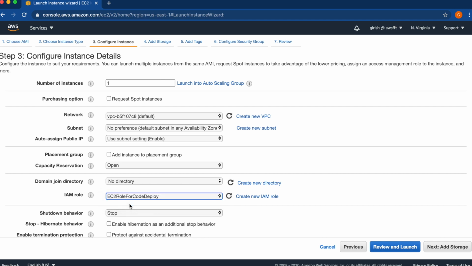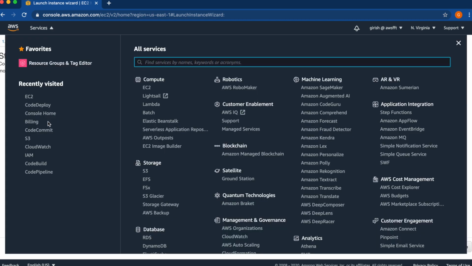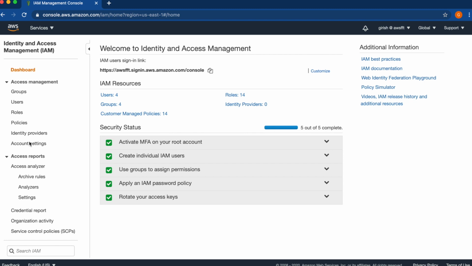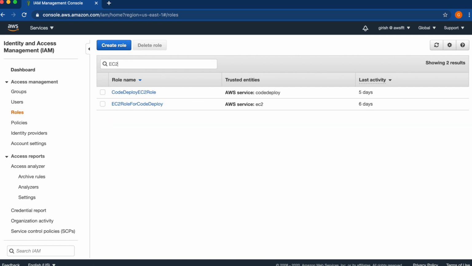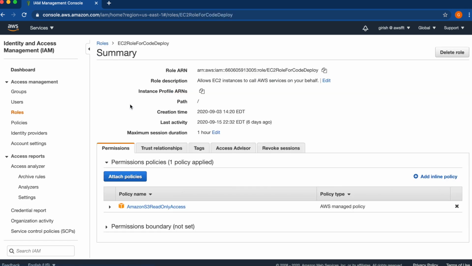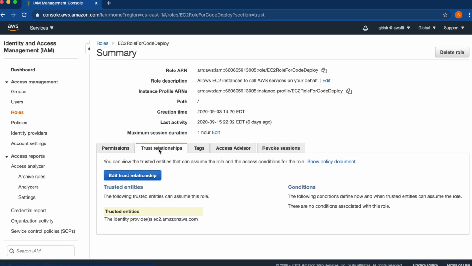And I'll just show you details about this role as well. So let me see IAM, and we'll see what that role does. Roles, EC2 role for CodeDeploy. So this is a role which we are going to assign to our EC2 instance. First of all, just see the trust relationship, and you can see that this is a service role.